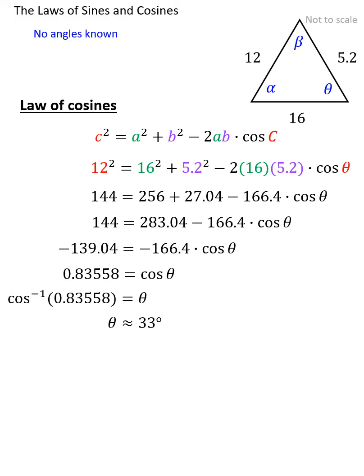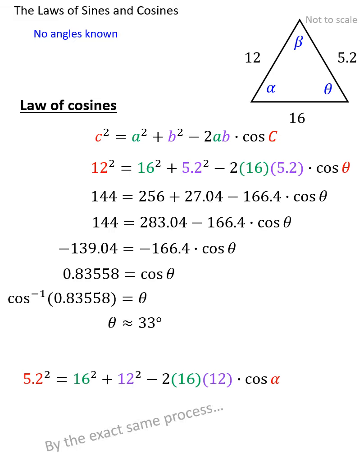Okay, the calculator will tell me that theta is approximately 33 degrees. So now I know the value of theta. And I'm going to go on to find alpha next. I could have just as easily gone on to find beta. Now the exact same process you just saw me use to find theta, I could do that very same thing to find alpha. I don't think it's necessary in this video for you to see the exact same process unfold